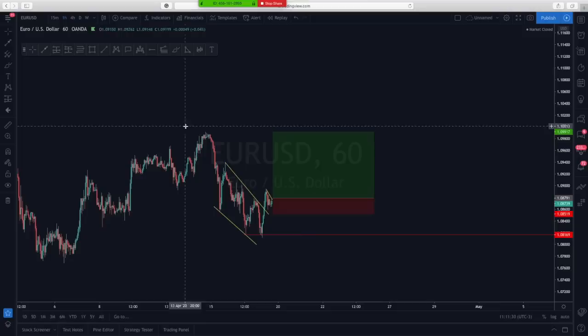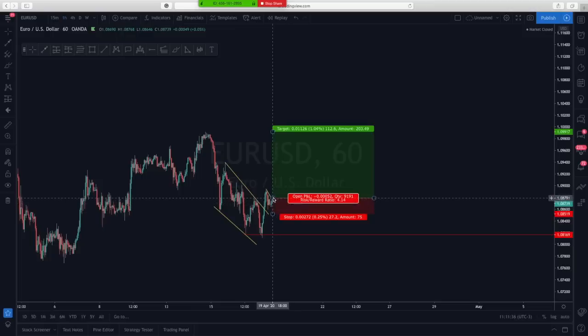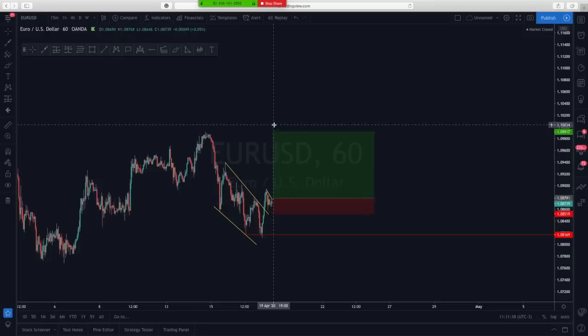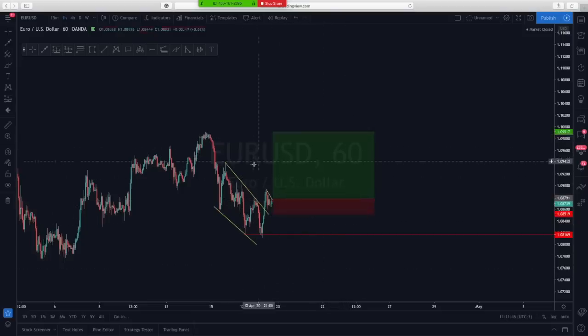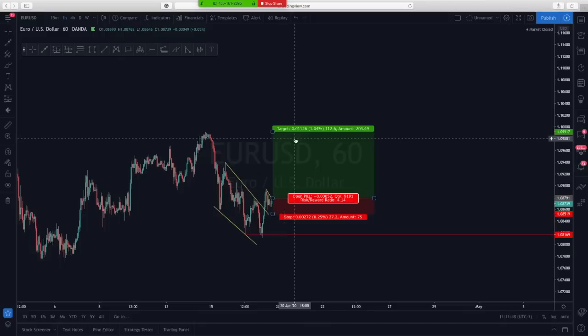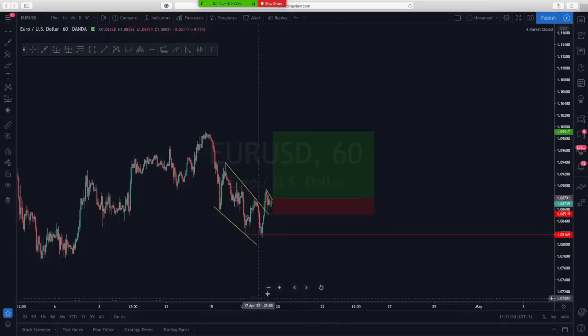So with this one here, I'll show you guys on the 15-minute time frame the entry that I was able to spot. You can simply see that once we take this buy, once it does break here, our first target is going to be here, which is a 4%. Amazing, just 112 pips can give us 4%. And guys, it can really take less than a day to go 112 pips, I promise you that.